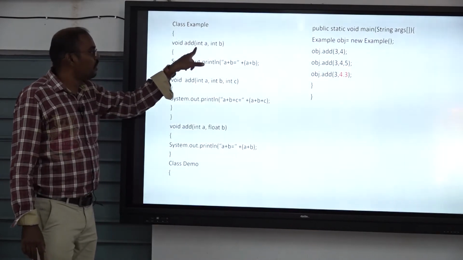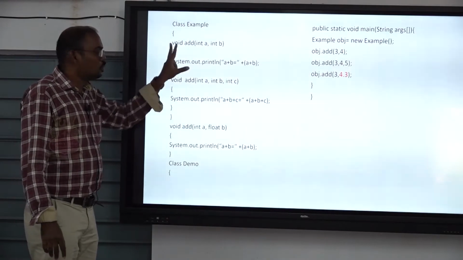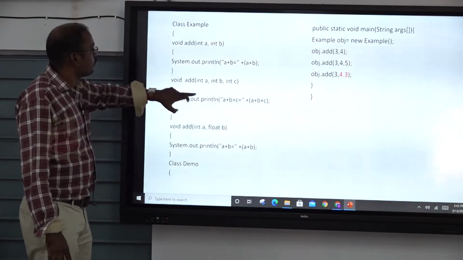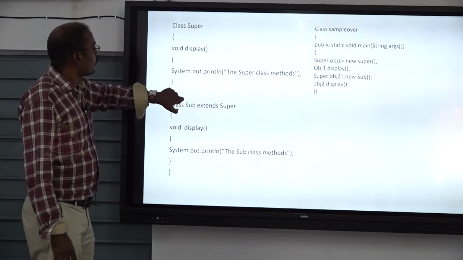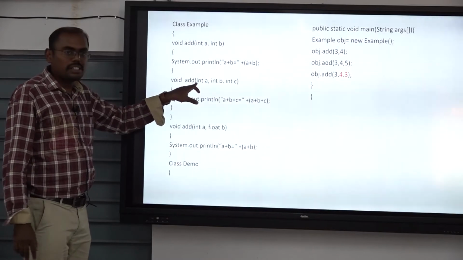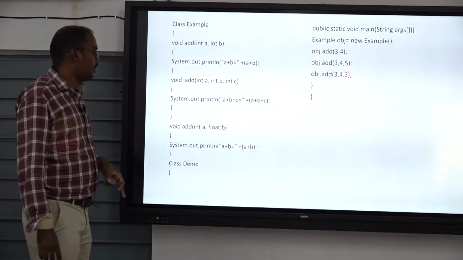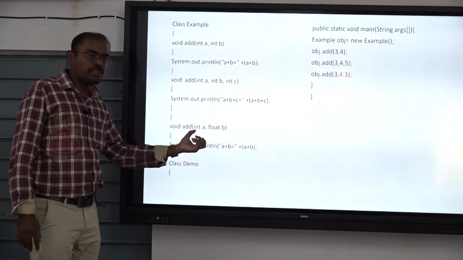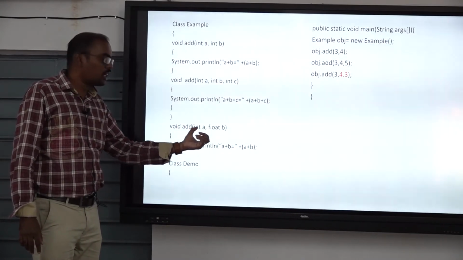In this version we give int a, int b, two parameters. In this version we give three parameters, int a, int b, int c. In this version we give two types of parameters, one is integer, another one is float.